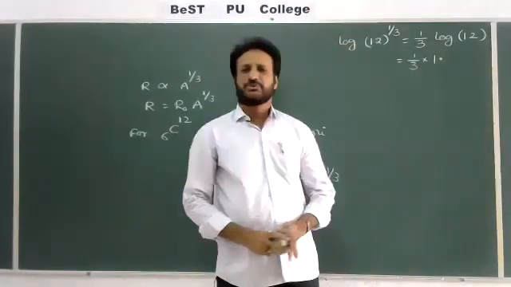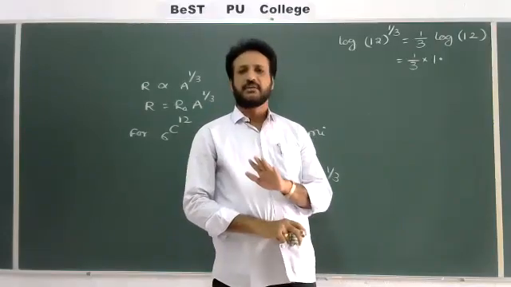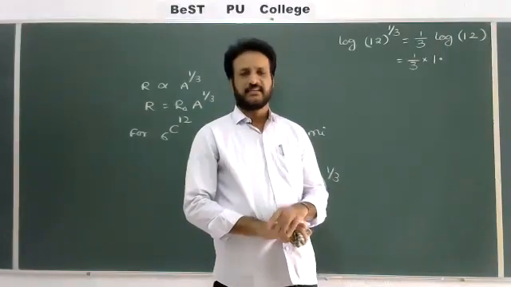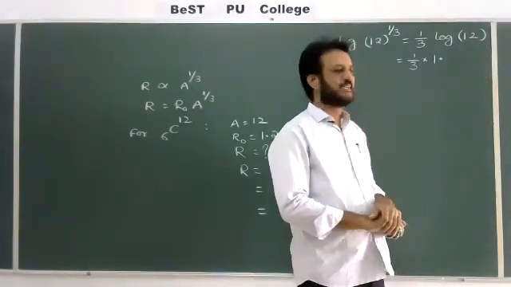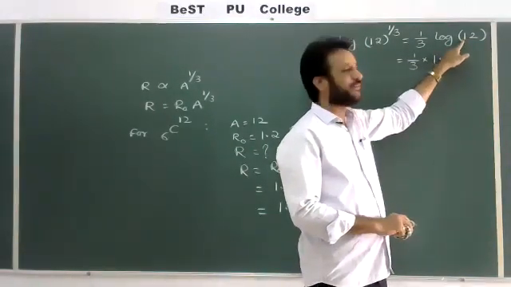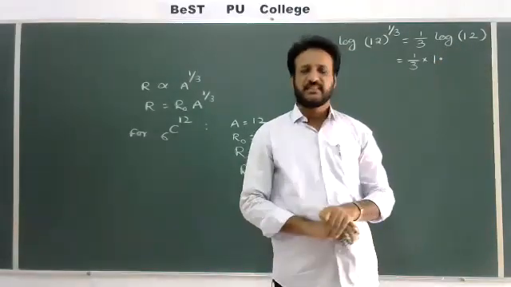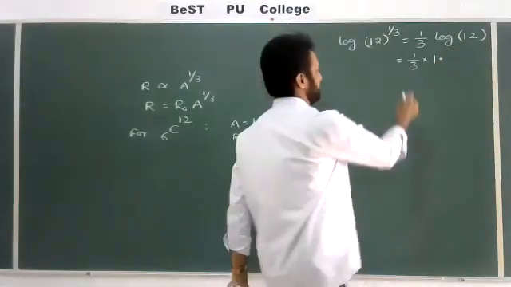Once you choose the characteristic, there is no importance of the decimal point. And if the number of zeros is not there, we can put another 2 zeros also. So that means in the logarithm book you have to check 12 under 0. The value of log 12 you should check.